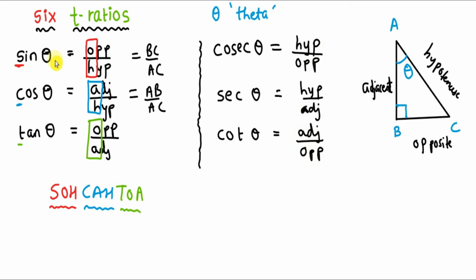Now, the important thing to note over here is if we change the reference angle from theta to say angle C. Now, with respect to angle C, the opposite side is not BC, its opposite side now becomes AB. So if the angle changes, the value will also change, and let us see how it will change. Now with respect to angle C, the opposite side is AB. So here it won't be BC upon AC, sine ratio will be AB upon AC.